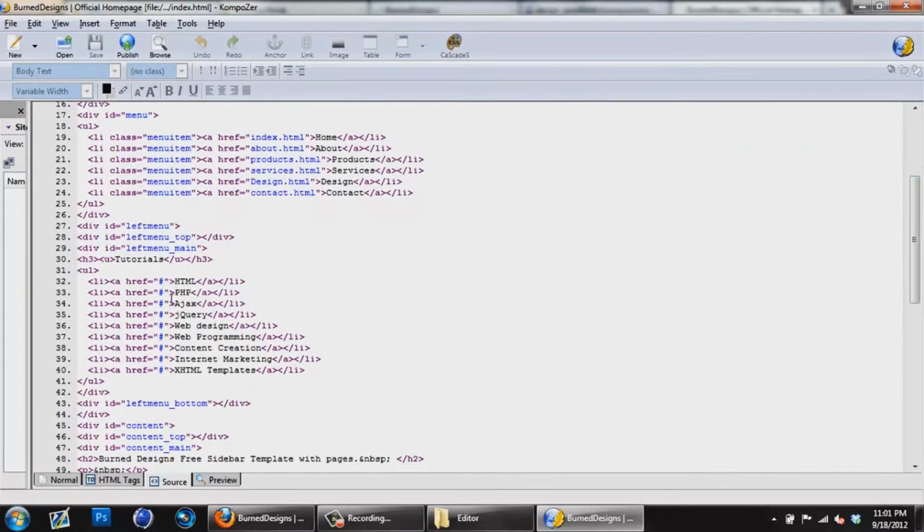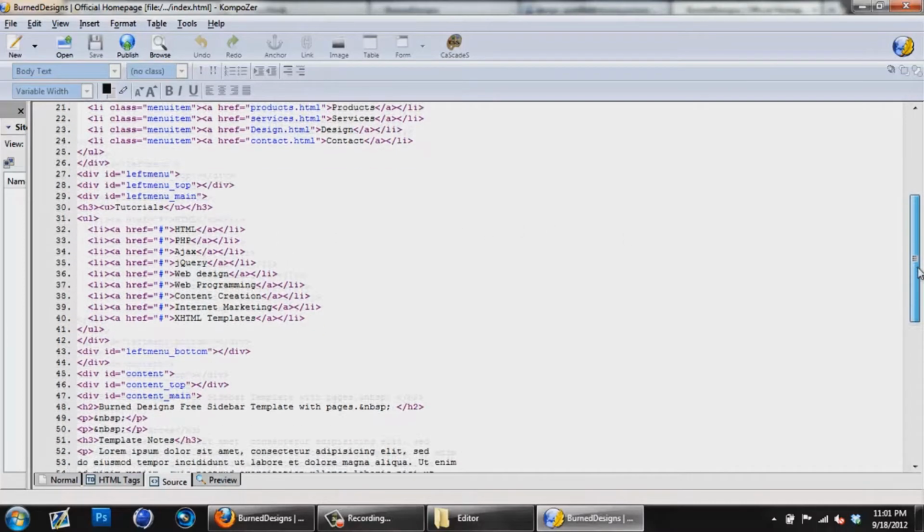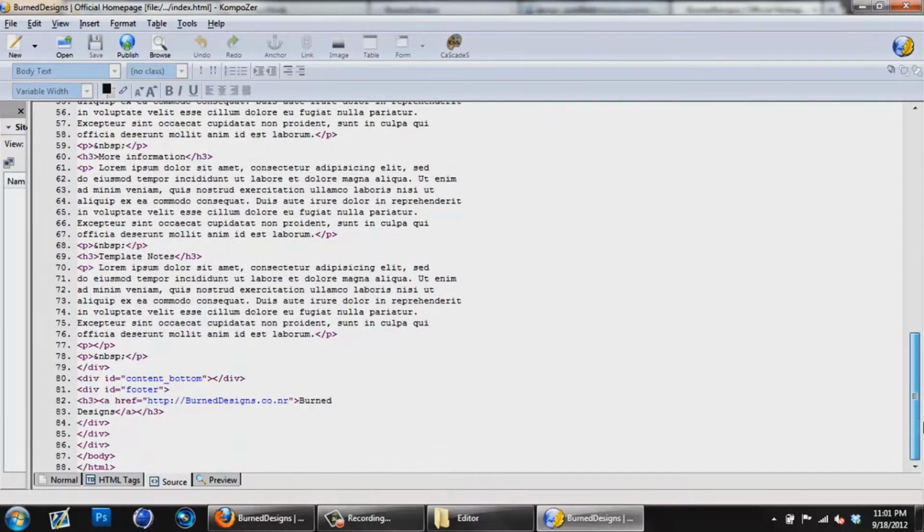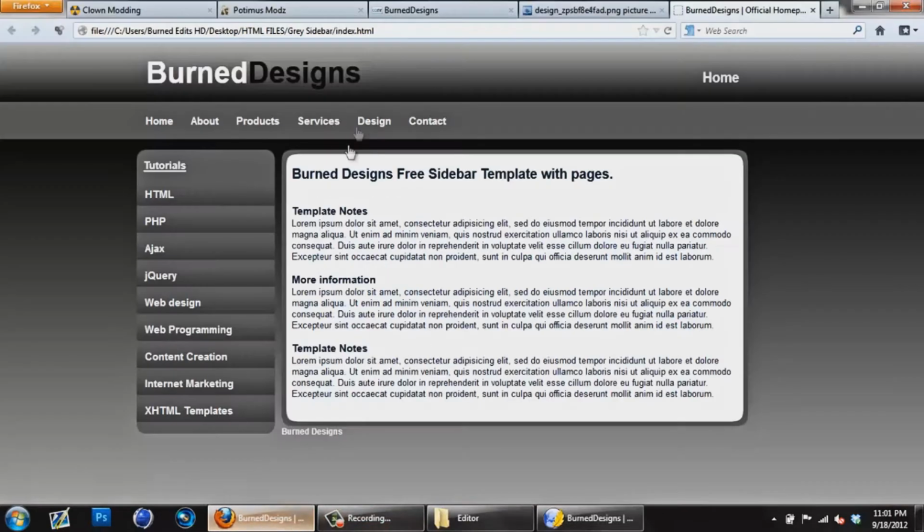Now after you make a new page, you're going to go ahead and name it whatever you want to name it, and this is where you would edit. Like right here, you can change the name of it. You can put a new download link or an upload link or whatever you want. Now if you're going to go ahead and edit inside the actual site, so like if you want to edit in here,